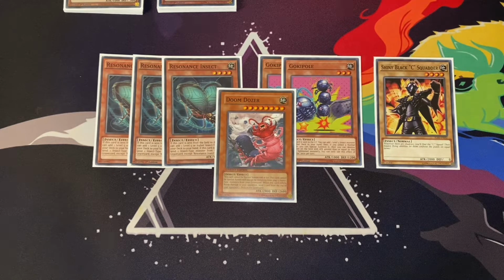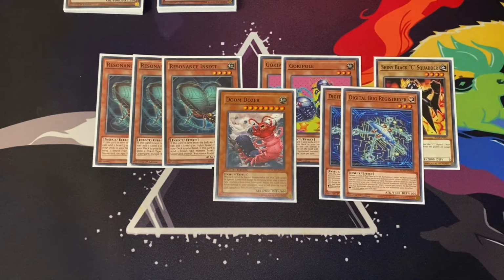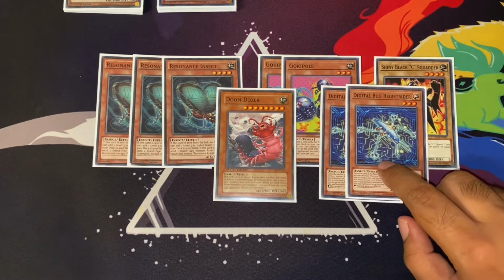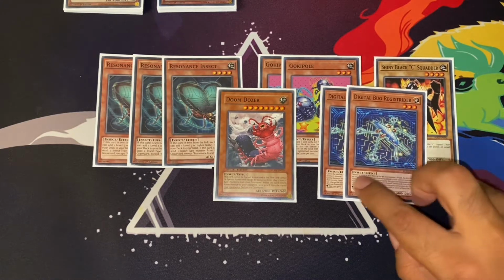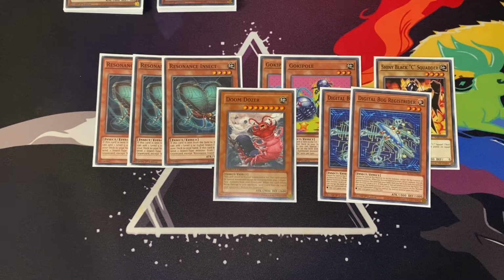And then two cards I've put in is the two Digital Bug Registrider, sorry. So it's similar to Scale Bomber, so basically if you normal summon an insect you can special summon this, so it's just like Kagemusha Knight effectively. And then if you make an Xyz with it, it has to be insect, and then that card gains 1,000 attack and defense, I believe. So just a nice way to support your Cicada King, and it's just a nice way to have another extender